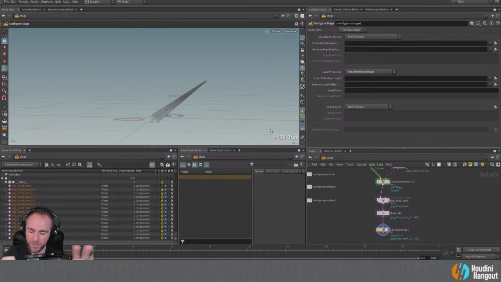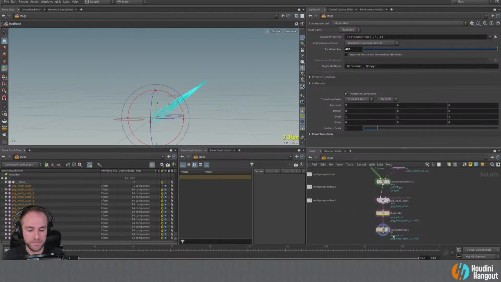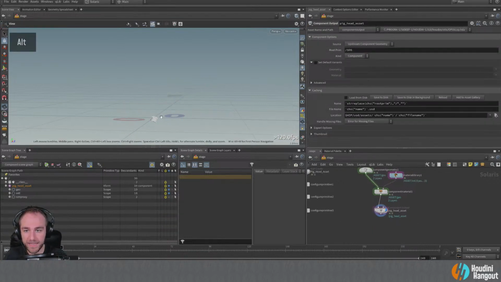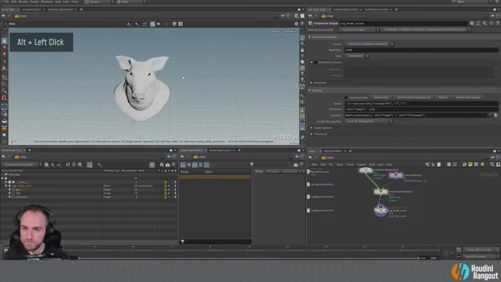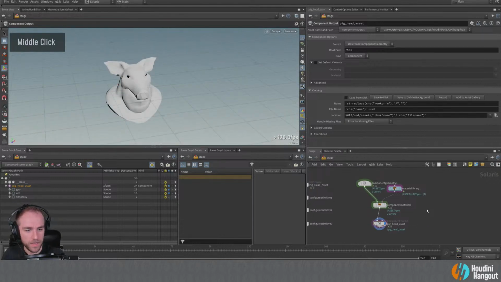So there's a couple other ways you can do this as well, but it's just something to keep in mind that this is one of the kind of strengths of using USD, where you can have these huge scenes. Not everything's loaded, but you can still see all your bounding boxes kind of and work on things that way. So just kind of a little tangent there to talk about what's going on with making an asset in this case.